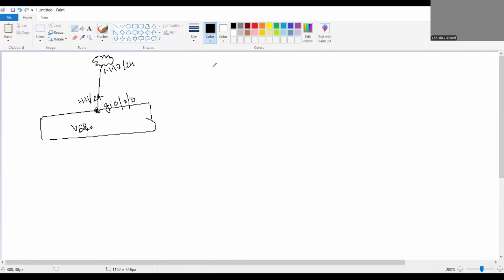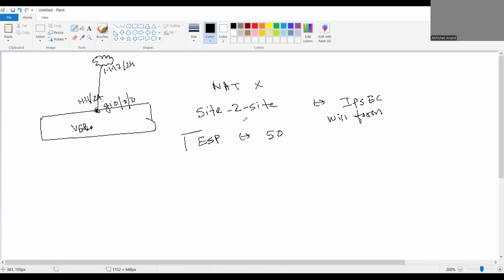In this scenario, NAT is not required. The site-to-site SD-WAN IPsec tunnel will form on ESP port 50, and here NAT is not required. Now, this is your first scenario. Second scenario,